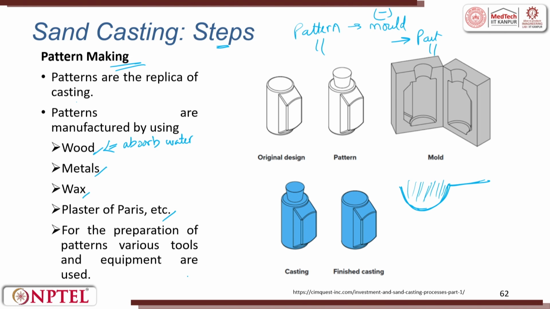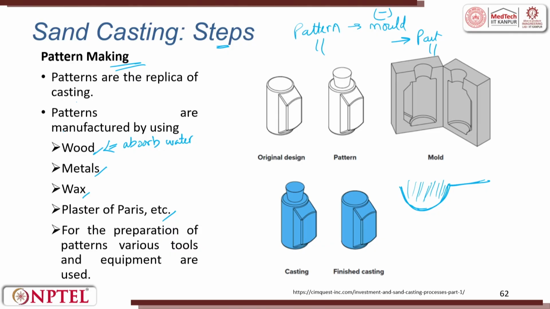It is expensive, and in metal, if you want to make intricate patterns, it is difficult. For example, if you want to make Lord Ganesh's face, or a human face, which is a scaled down version, it is very difficult. If you want a frog's skin, or a fish skin, it is very difficult to make in metal, it is easy to make in wood. So, we still go for wood, but metal has no absorption, no wear and tear, it can be used for mass production.